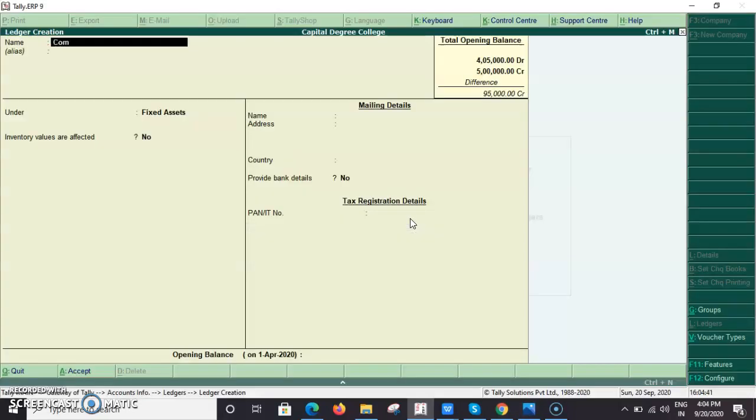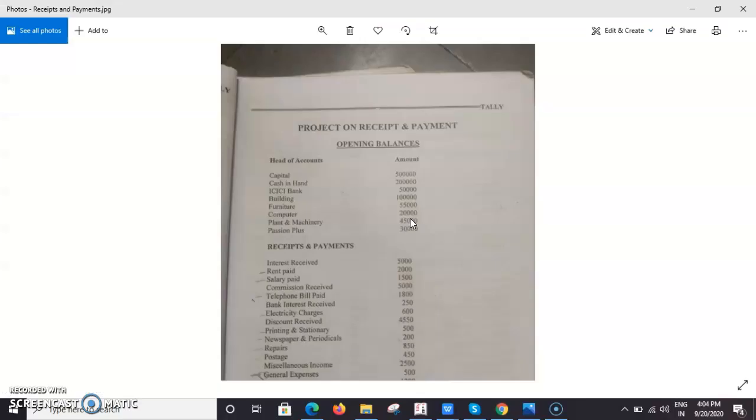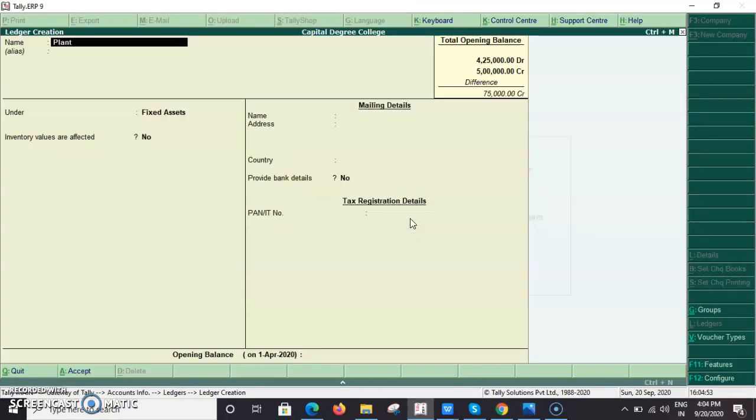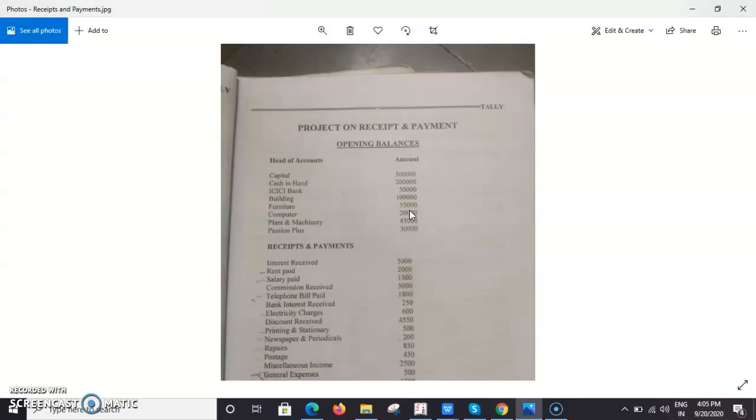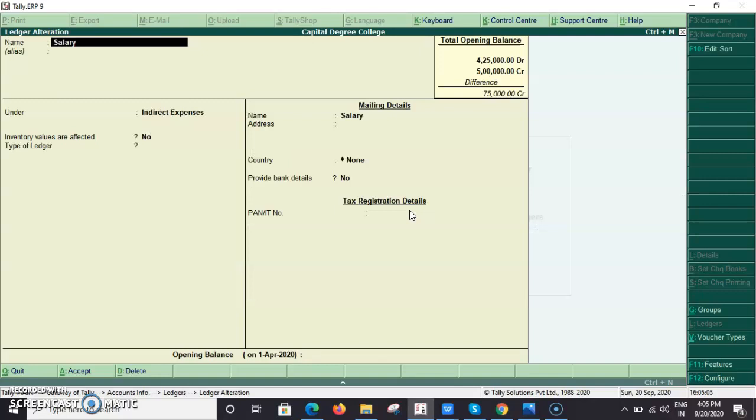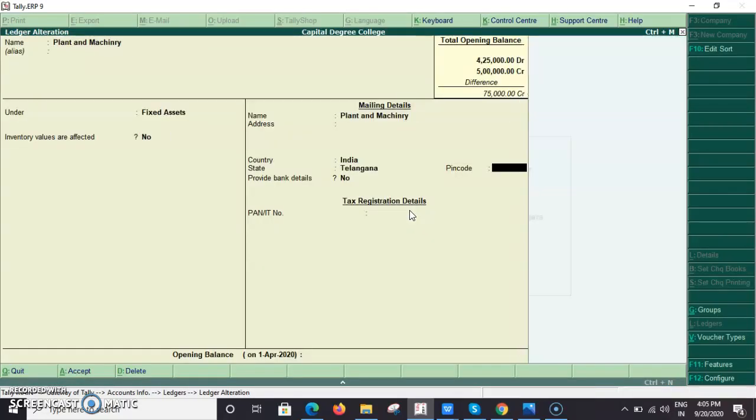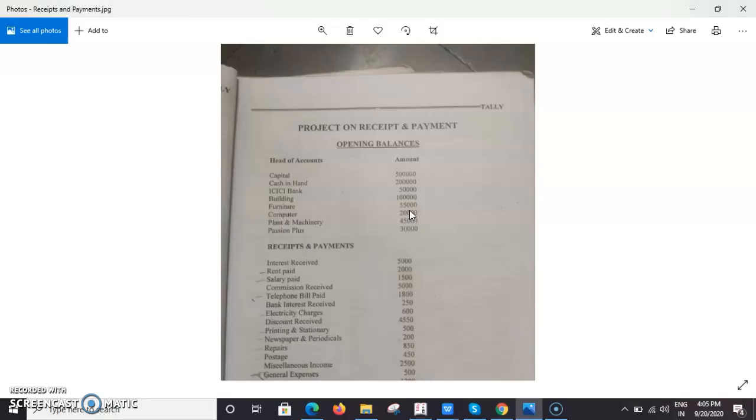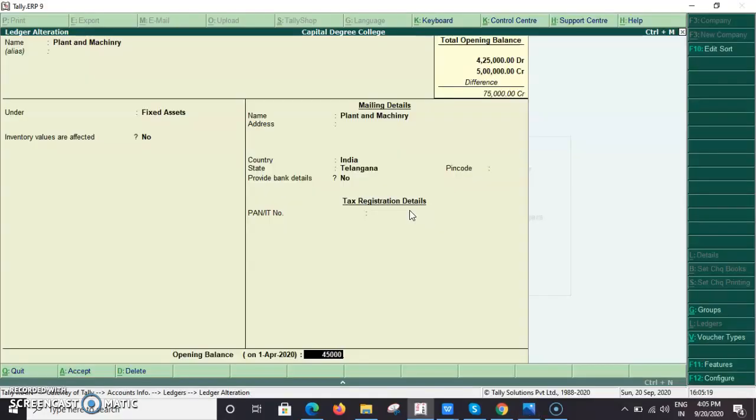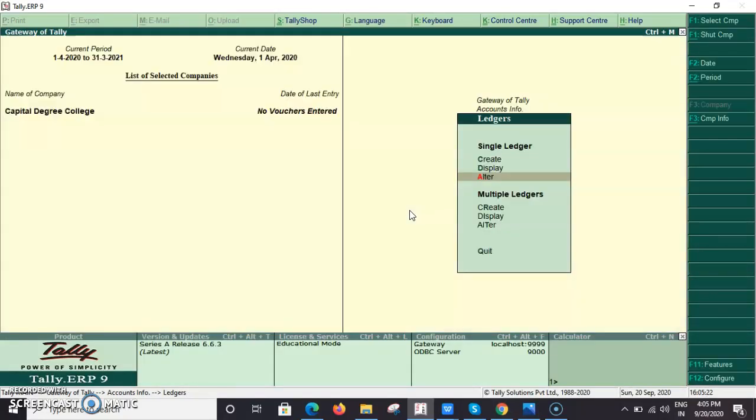Computer, 20,000. Computer comes under fixed asset. 20,000. Still a 75,000 difference. Plant and machinery also comes under fixed asset only. Plant and machinery comes under fixed asset. Save. For this, the amount was not entered, so now I'm entering. For plant and machinery I forgot to enter, so alter plant and machinery. How much amount is it? 45,000. Save. Next